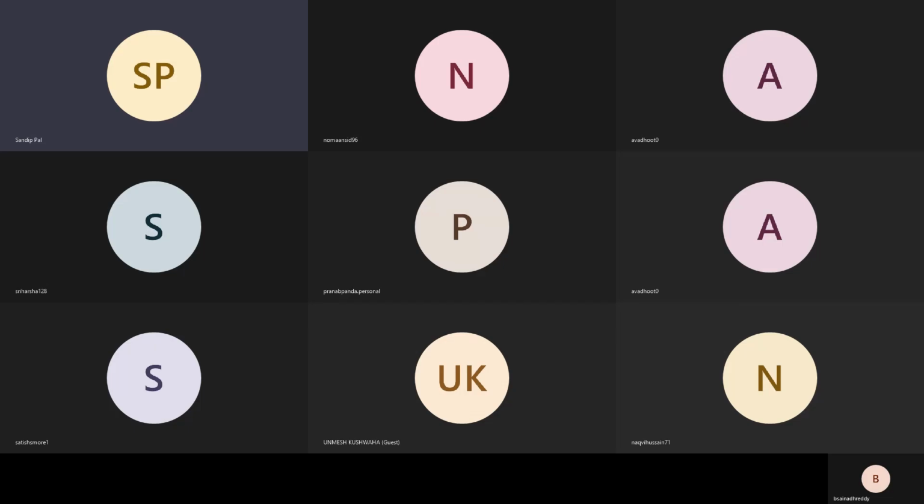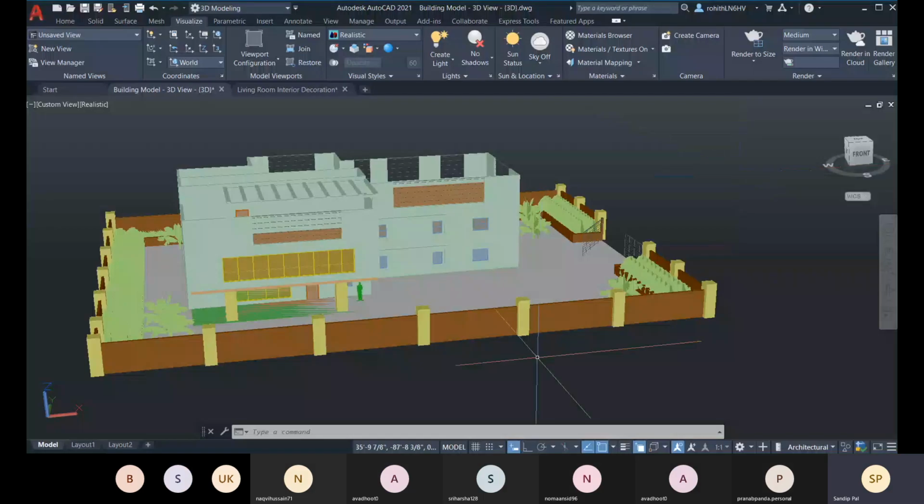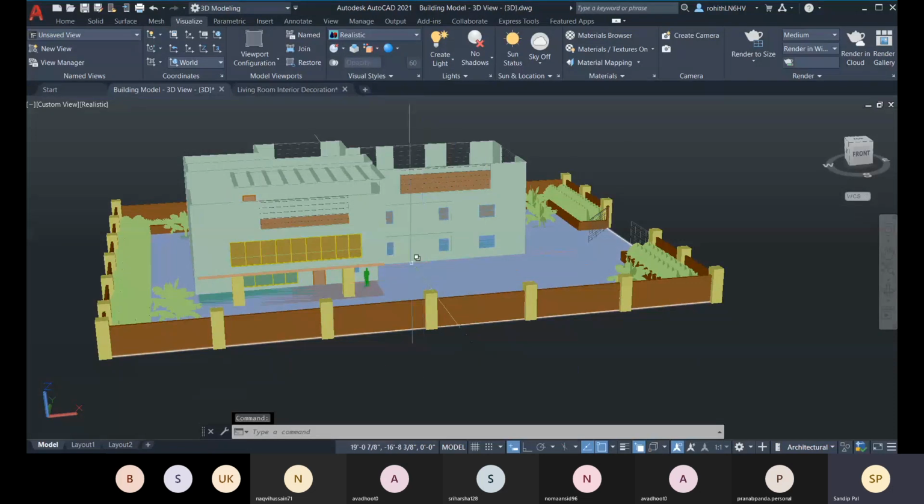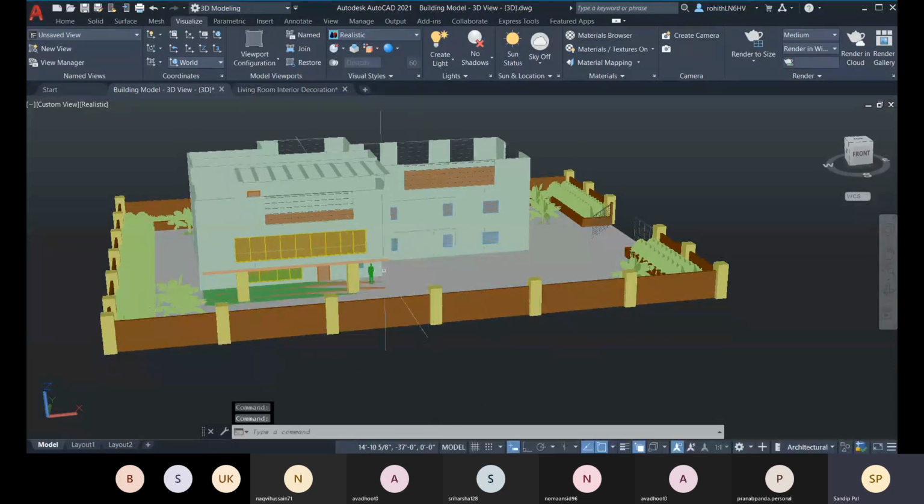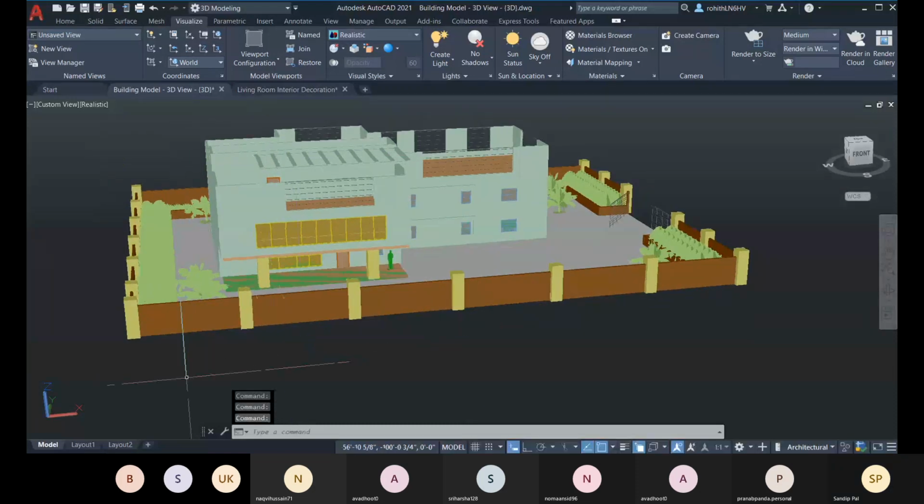Class, and here we are going for this exterior model. And you provide all your materials. In the last class, we have learned about materials, and here we have placed all the materials there. And about these plants and all, you can create your own, or else you can download them. That's the simple thing. You can download it.